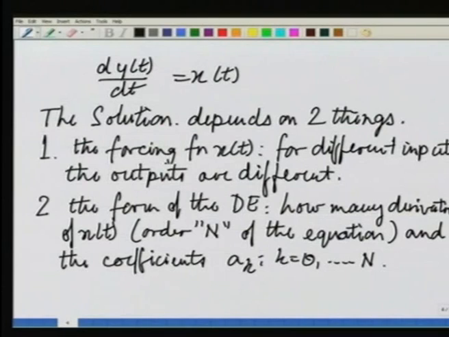These two things together, the values of the coefficients a_k and the order of the equation, completely determine the